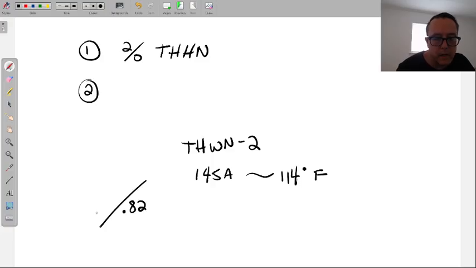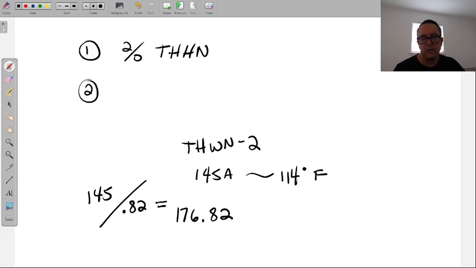And then instead of multiplying, divide by the amperage that you want to size the wire to. This is the division approach. If you divide by 0.82, then you get 176.82. And so I just need a wire that's that number, which I'm not going to find, or the next size higher, which is the 2/0.